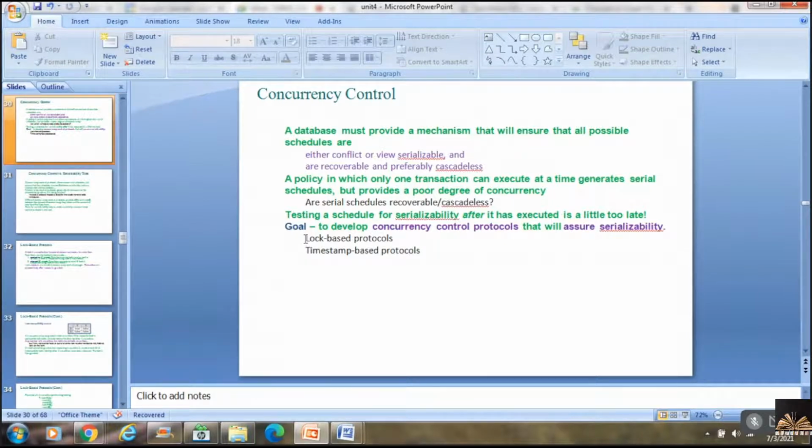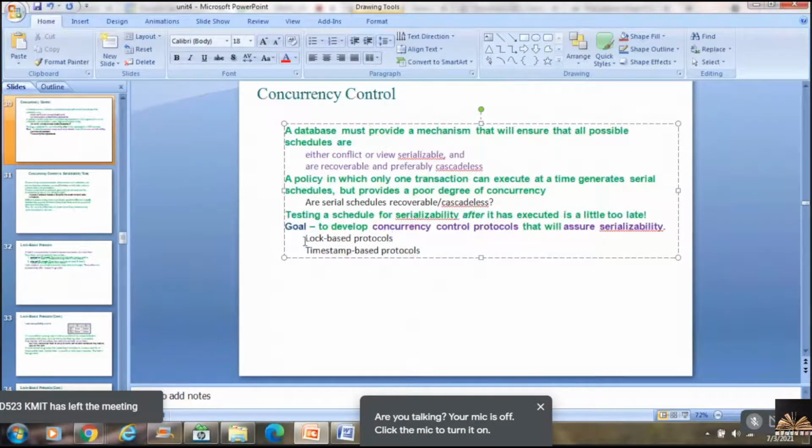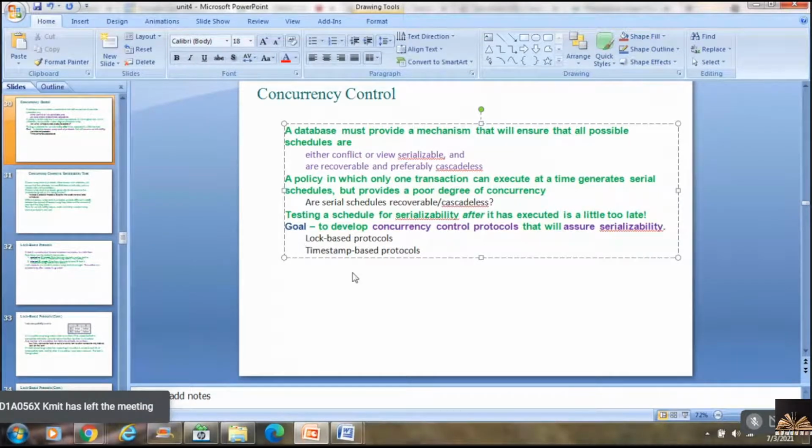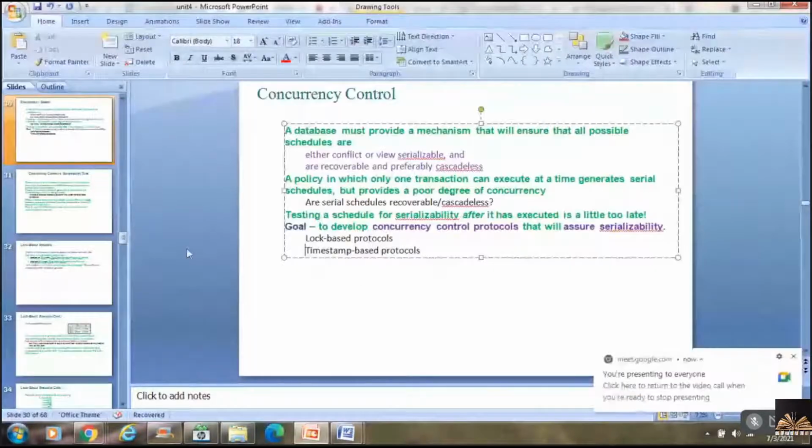Those protocols are usually of two types, and we'll be learning these two types now. One is a lock-based protocol. The other one is a timestamp-based protocol.